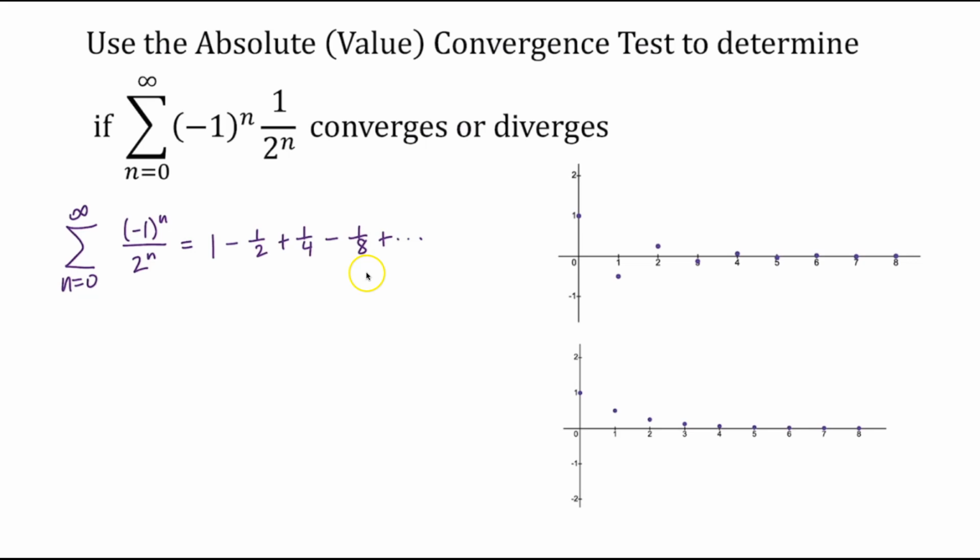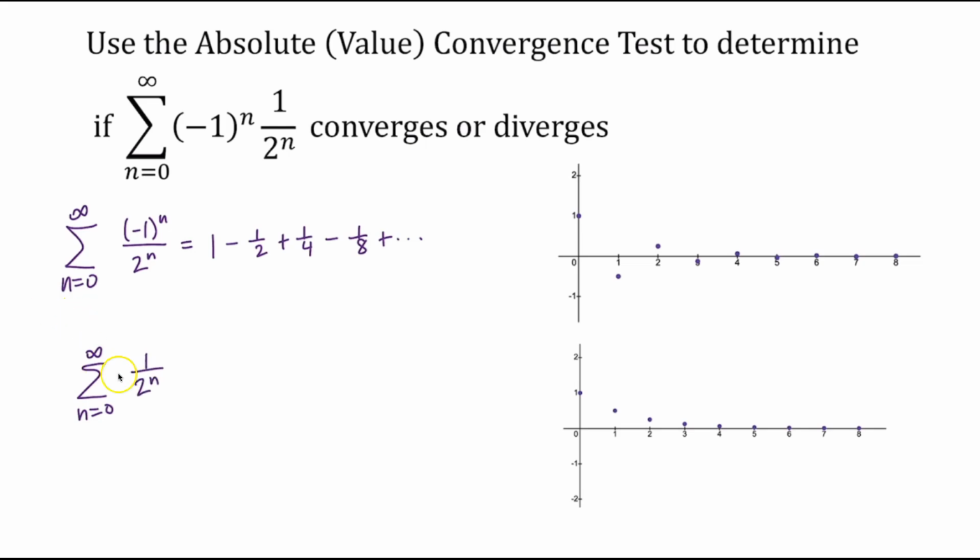So we have this alternating series. We can visualize it here. We have 1, negative 1/2, 1/4, negative 1/8. So these terms will alternate. Now, what we're going to do is we're actually going to make our lives harder here. We are going to make all of the terms positive. So we are going to consider the sum of n equals 0 to infinity of just 1 over 2 to